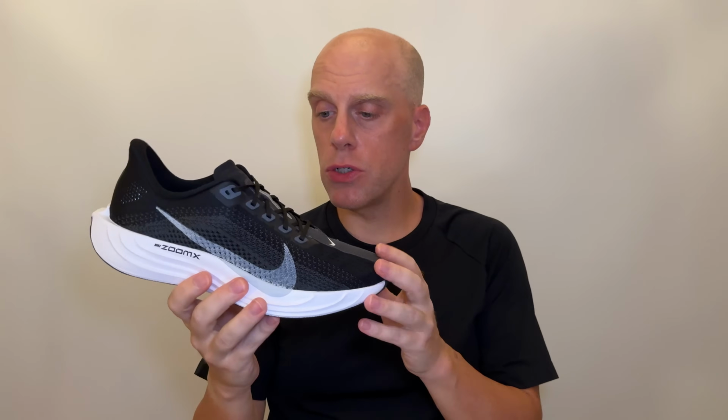Moving to the upper of this shoe, Nike is actually calling this upper material Flyknit. And for the first time in a long time, this feels like Flyknit that I remember. The Flyknit from 2015-16, that very sock-like wraps around the foot type of Flyknit. And it's wonderful. The forefoot and the midfoot of the shoe are very much a classic Flyknit feel, and the